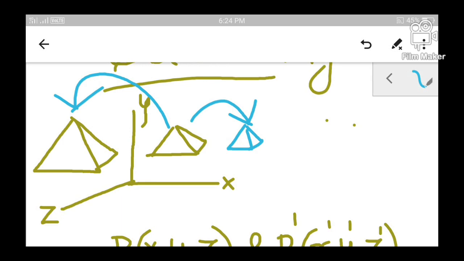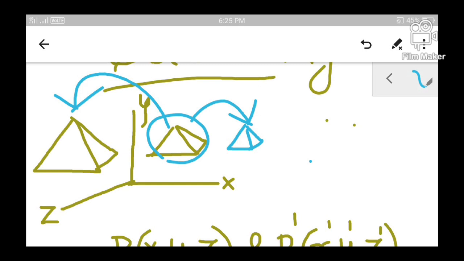Clear? Now there were certain other terms you might be remembering about uniform scaling and differential scaling. Now what is uniform scaling and differential scaling? Let me explain it once again. It is nothing but if the object undergoes a change in size in all three dimensions equally. That means the object which was initially there in its position has undergone a change in size in all three dimensions. That means its length, breadth and height are equally increased or equally decreased. Then it is called uniform scaling.